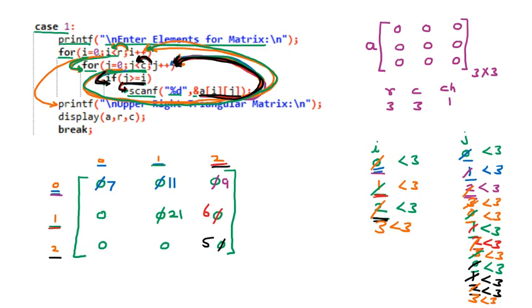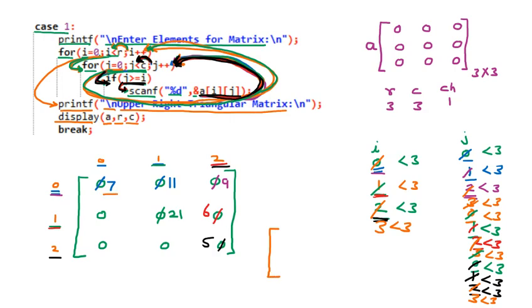Now they are saying printf \n for the new line, upper right triangular matrices, and then they are calling display with A for the array, R for the rows, and C for the column. That display portion we have already discussed, where we pass the array, rows and columns, so that is going to display. The answer displayed on the user screen will be a sparse matrix, where